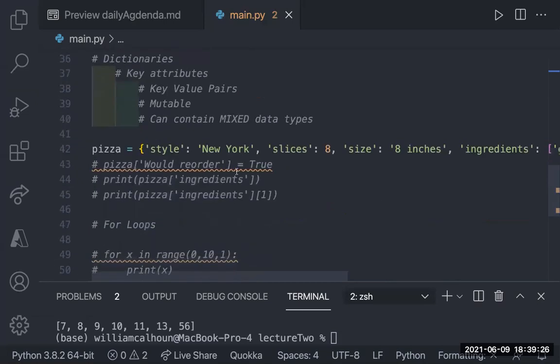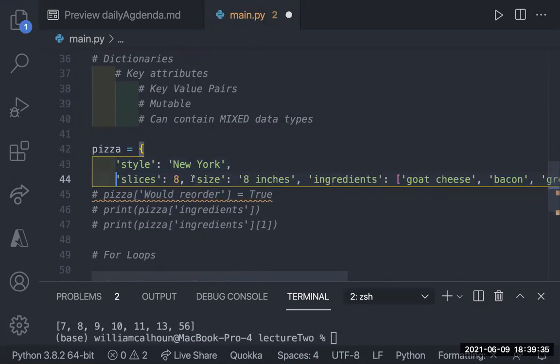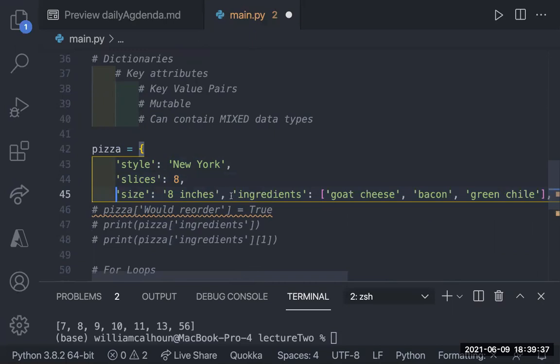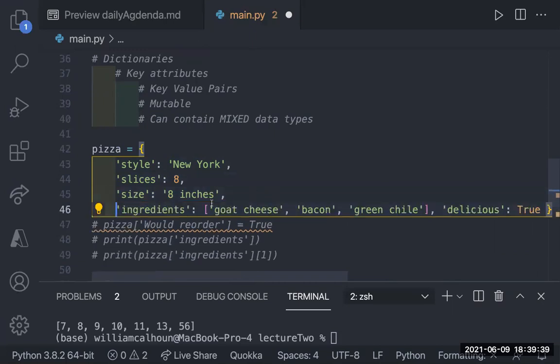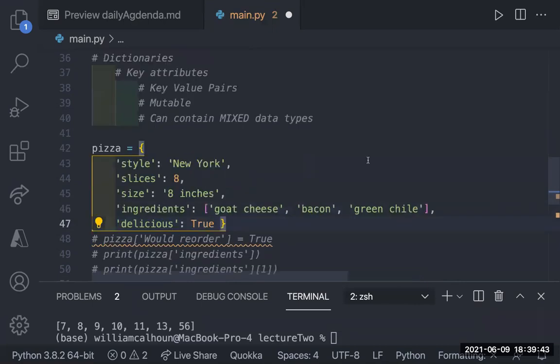So the way it works is this. You've got this pizza. Now, I actually like to write my dictionaries like this. It doesn't make it better. It does not make it more efficient. But in my opinion, it makes it much easier to read instead of having this long list of stuff. So the way it works is you've got your key, and then it's got a value.